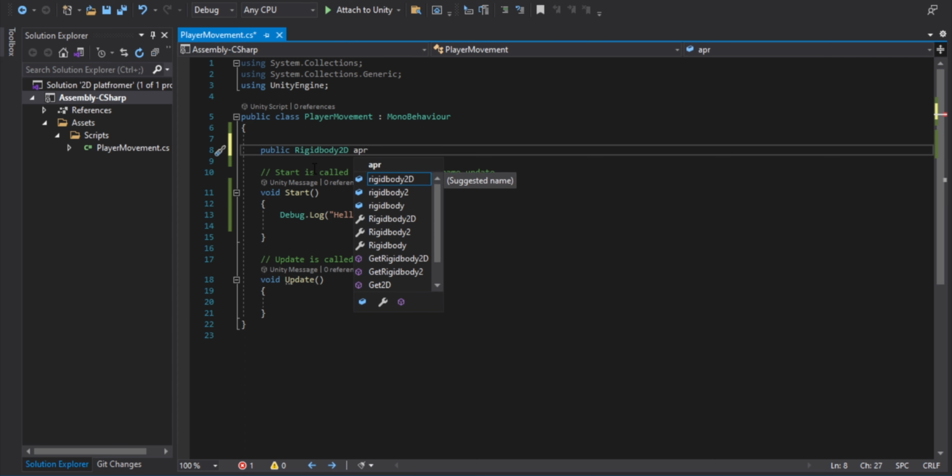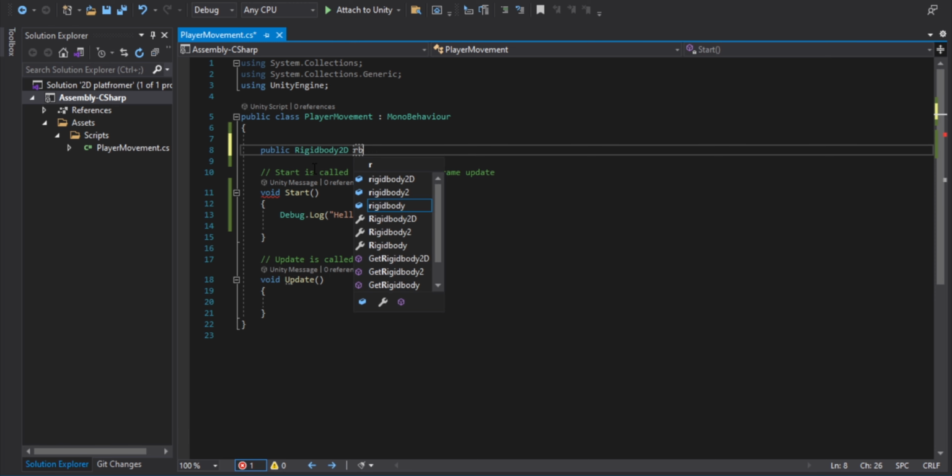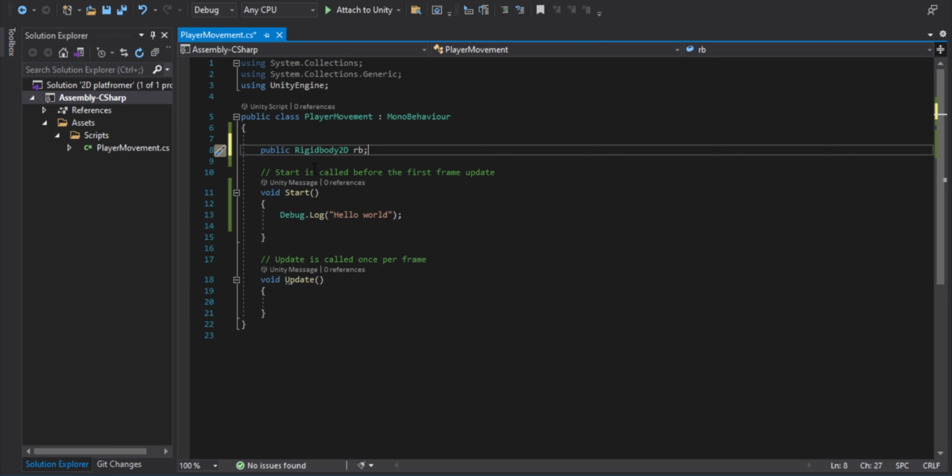So whenever I type Apurva in my code, it's going to reference it to this Rigidbody2D. But you should follow a naming pattern. It will help you in the long run. I'm not going to name it Apurva. Instead, I'm going to name it rb, short form of Rigidbody. And now whenever I type rb in my code, it's going to reference it to this Rigidbody.